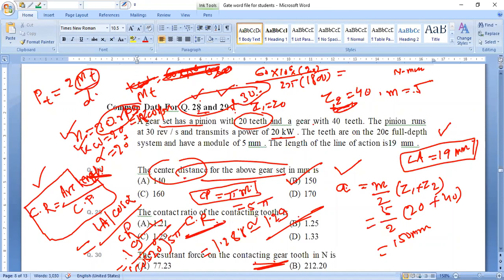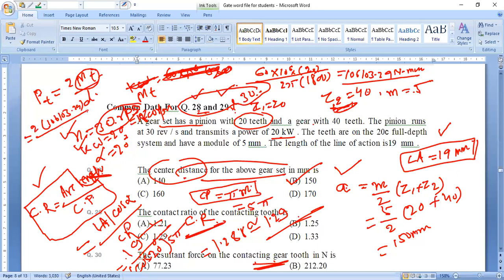टॉर्क कितना आ रहा है? 60 × 10⁶ × 20 divided by 10⁶ ... 103.29 है ना. तो ये टॉर्क हो गया. अब टॉर्क आ गया तो हम फिर पीटी निकाल सकते हैं बड़े आराम से. तो पीटी can be found by 2 times टॉर्क (10⁶ × 103.29)